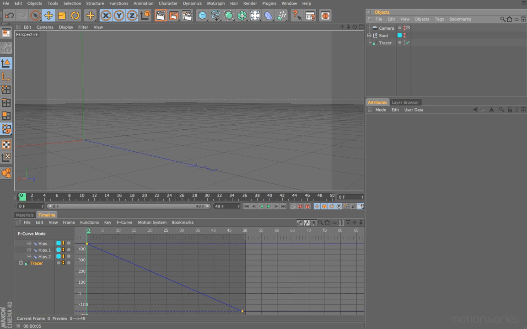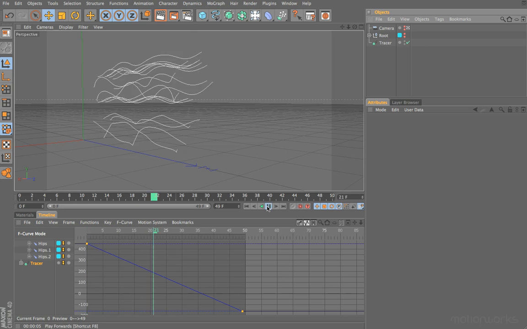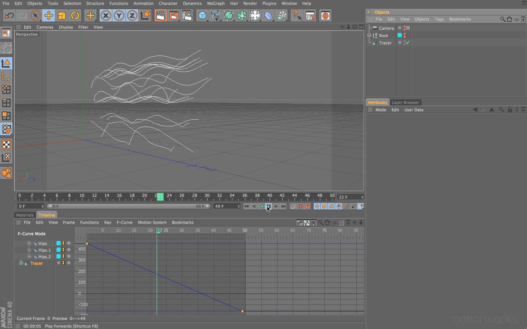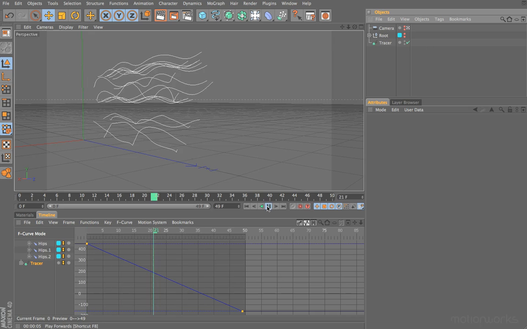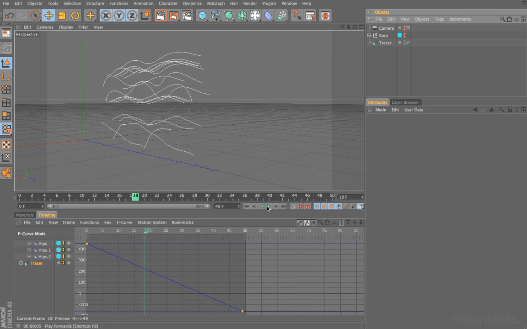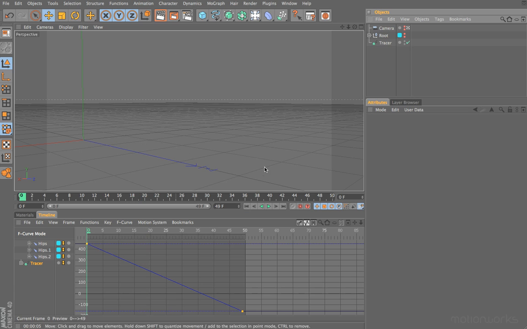I've removed the sweep object from the scene, so we're left with just the tracer and our FBX as before, and you can see that these splines are still staying on the spot as it were because we've left the animation on the tracer object. So an alternative to using a sketch and tune or the sweep is we could use a loft object as